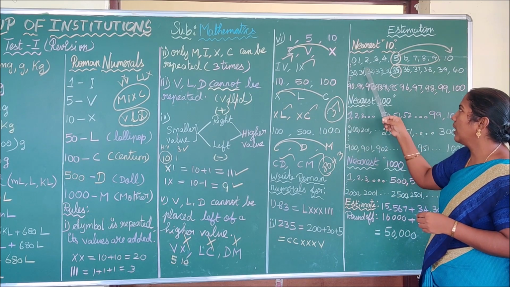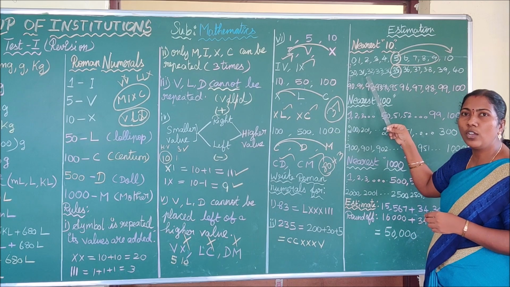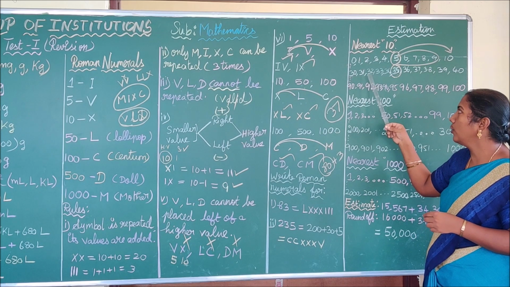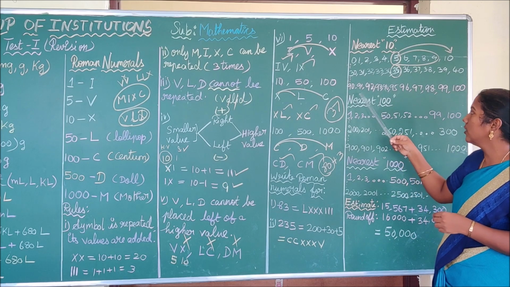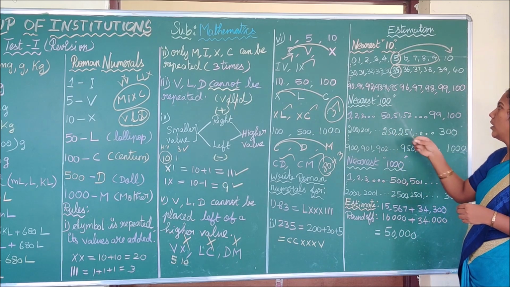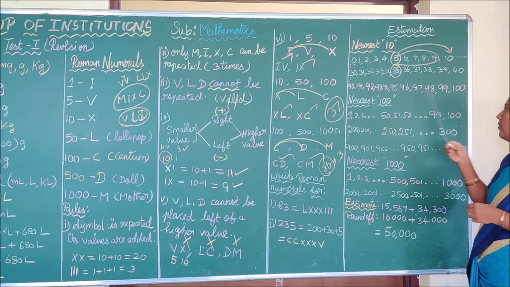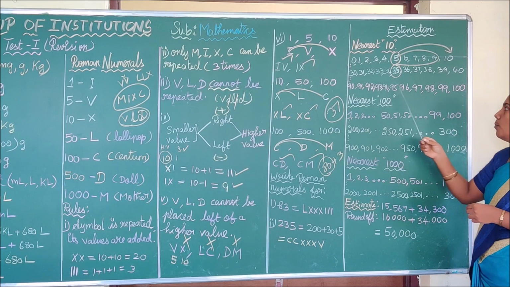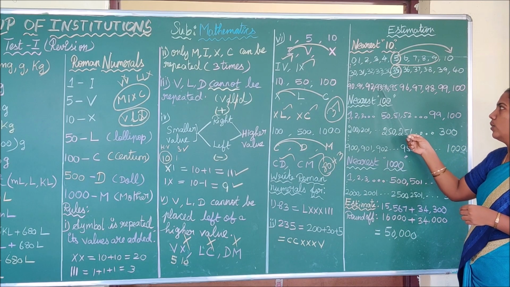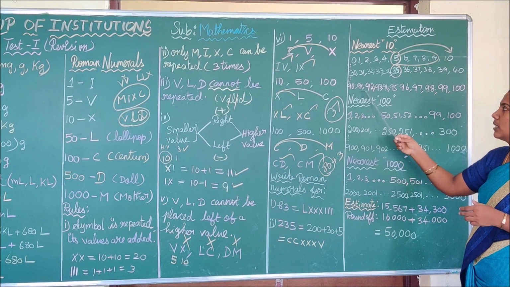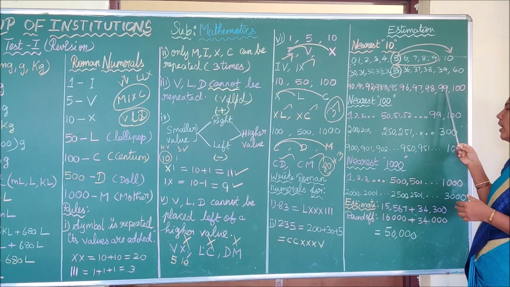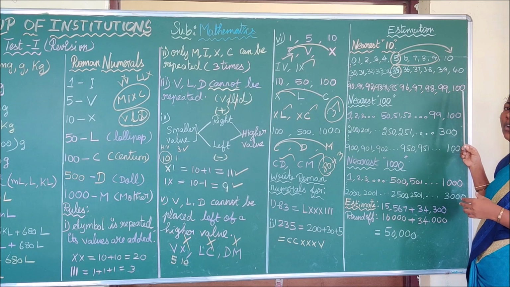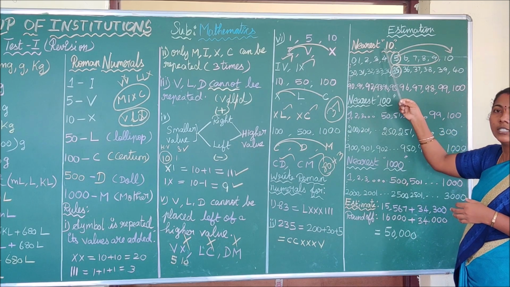Suppose in the question paper they are giving 32, you can round it off to 30. 32 is rounded off to 30. 34 also rounds off to 30. Is it clear? You will see here 90, 91. I have measured the numbers between 90 and 100. Before 95, that is 94, 93, 92, these numbers are rounded off to 90, and from 95 up to 99 you have to round off to 100. This is for the nearest 10.